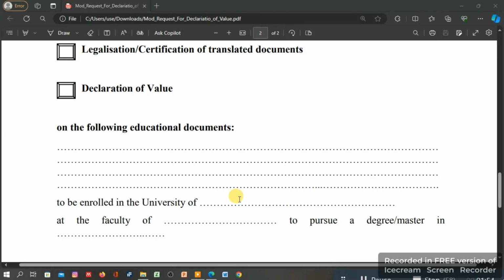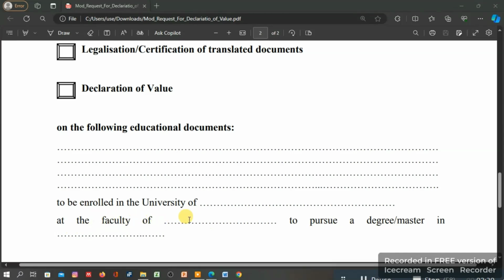When you're applying for the visa, they say it takes 1 month, but sometimes it can take up to 3 solid months before they grant you the visa. Or sometimes after 3 months they'll give you a pre-rejection, and then later on you go and rectify everything, and then they will give you the visa. So you don't want this to block your chances or increase the days of the visa application process. So to be enrolled in the University of, so maybe University of Bergamo, at the faculty of,